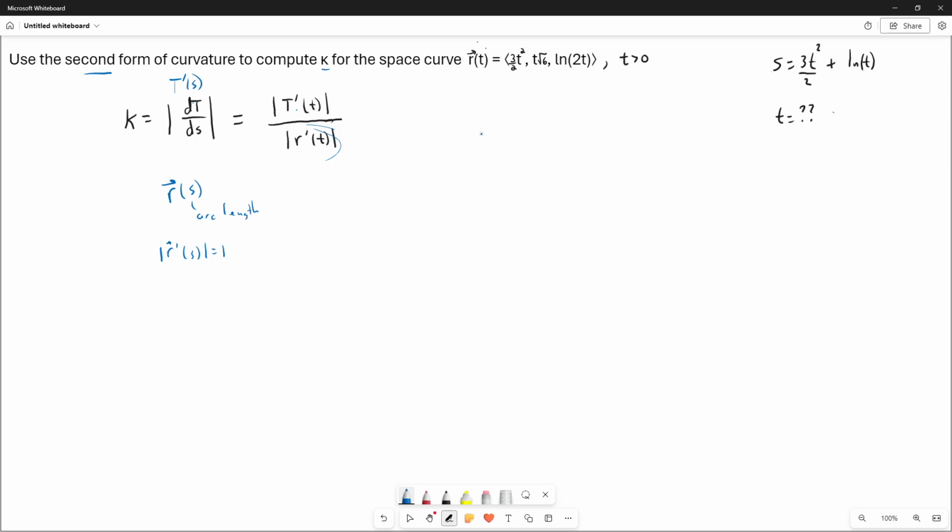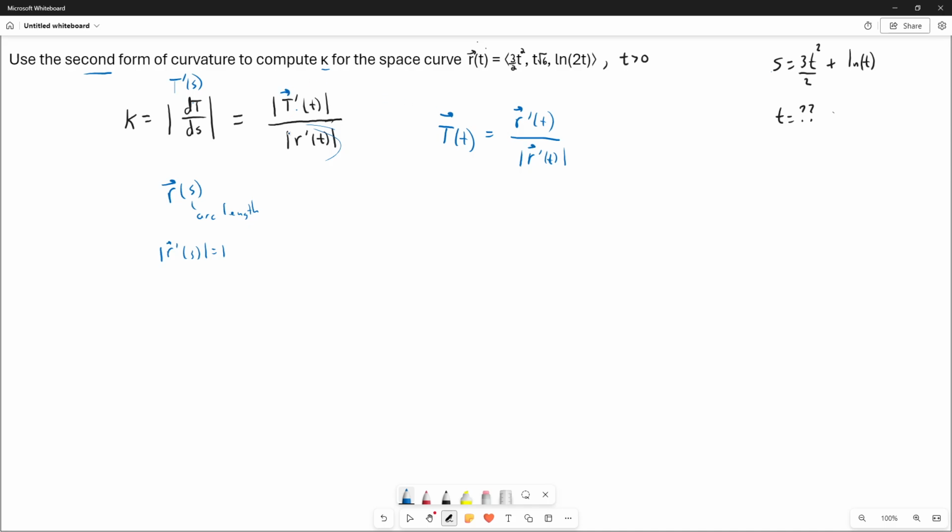So let's calculate r prime of t, and let's first also note T of t, the unit tangent vector, is r prime of t divided by the magnitude of r prime of t. So we need r prime of t in 2 places in this formula. 1, we see it here on the bottom, and 2, T prime of t has r prime of t, the magnitude of r prime of t, hidden in it. So these are vectors,